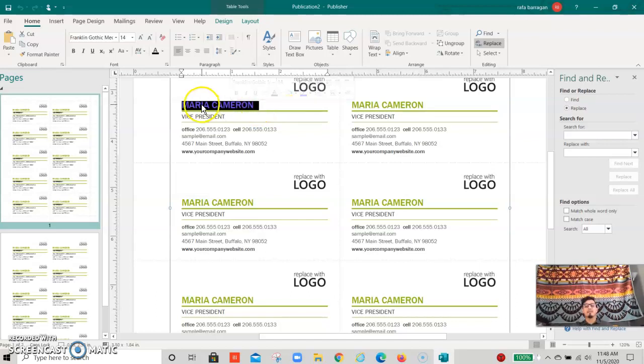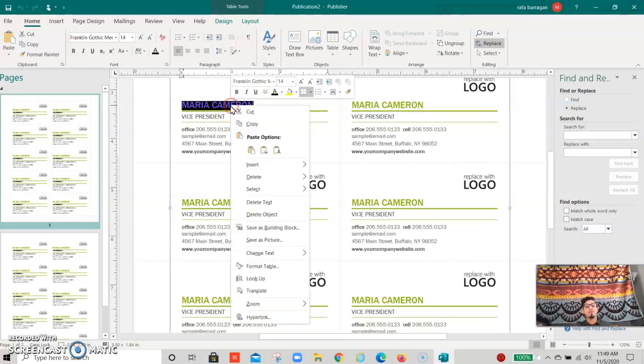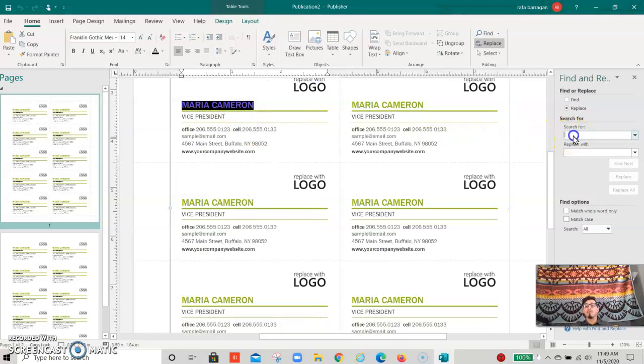So if you want to avoid that, you can just click next to the letter M on the left of it at the beginning of Maria there, and hold down Shift, and as you're holding down Shift, you can use your right arrow key on your keyboard, and tap it a few times until you get to the letter N. You'll notice that it still goes over one space right over here. There's an extra space. So if you now do the left arrow, it would only select Maria Cameron without that extra space. So I'm going to copy that,